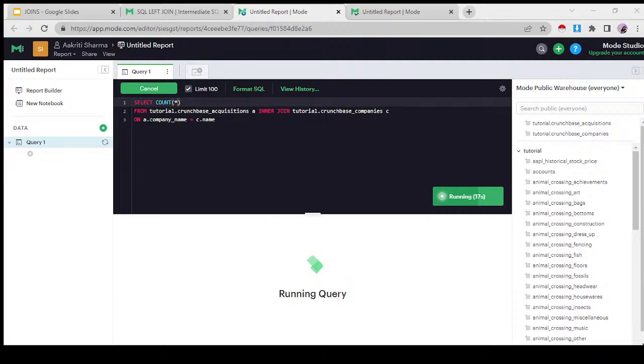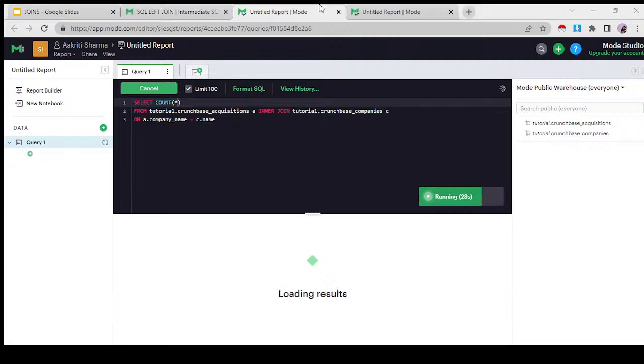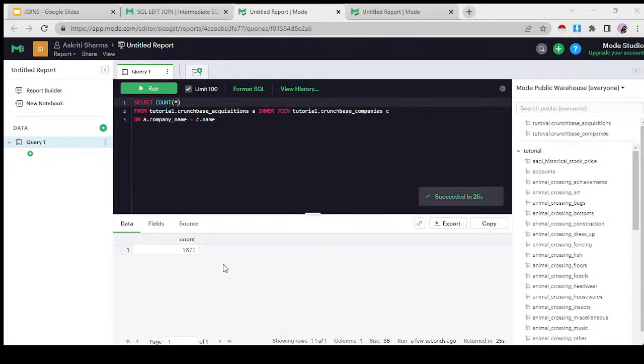I think permalink is common. Oh, okay. Permalink is common, is it? I feel permalink is some link for that company itself. But yeah, you could be right. And that's why it's taking so long. I don't know. Wow, it's taking a lot of time. Now it is saying that we have 1673 apparently.